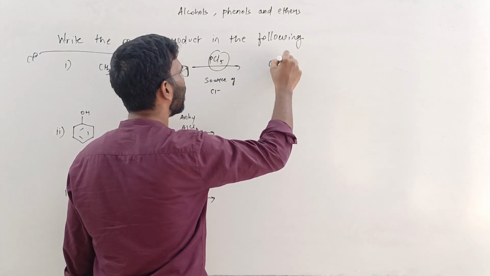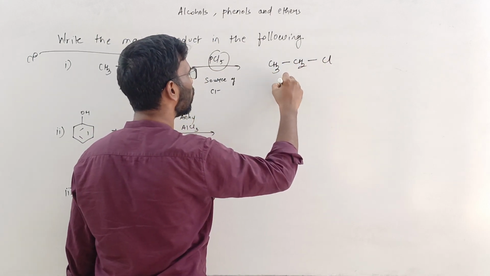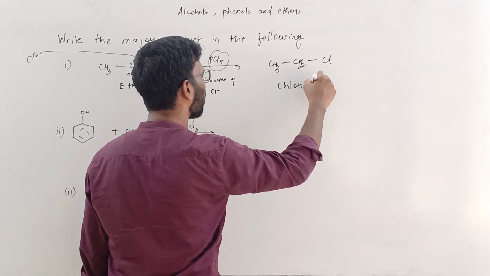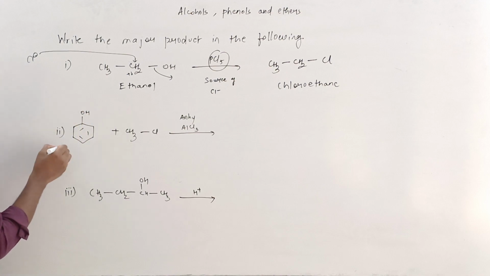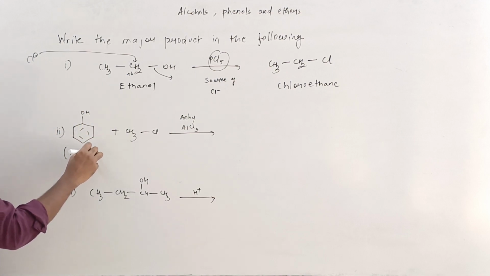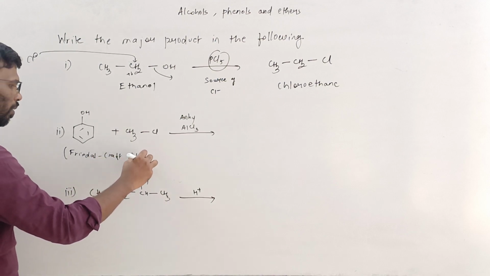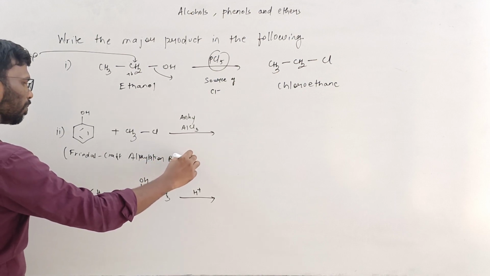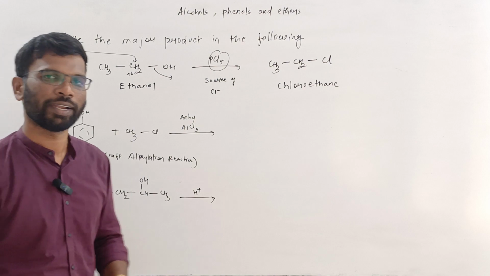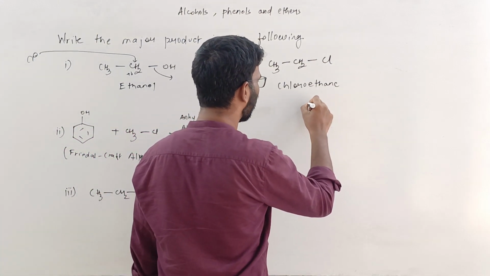So this is CH3CH2Cl. So this name is chloroethane. This reaction is Friedel-Crafts reaction. This reaction I'll write over here. This is Friedel-Crafts alkylation reaction. Now Friedel-Crafts alkylation reaction takes place in two steps. That is step 1. I'll write here. Step 1